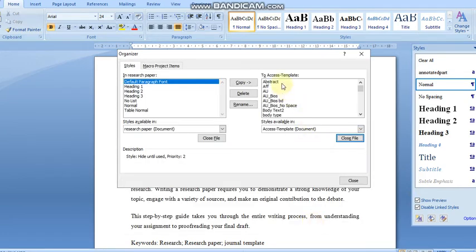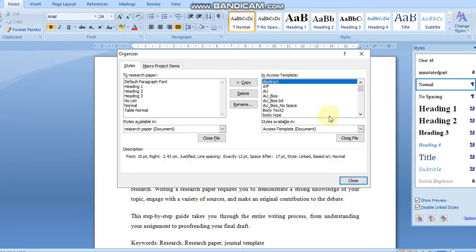Now you can see the access template fonts are displayed over here. Now we have to copy these fonts into our document.